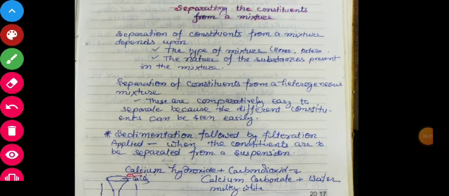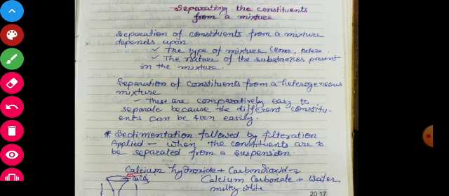Students, there are many mixtures which can be separated by the filtration method. For example, a mixture of sand and water can be separated by this method. The particles of sand are collected on the filter paper and the pure water passes into the beaker or the container. Second, the white precipitate of silver chloride formed by the mixing solutions of silver nitrate and sodium chloride can be separated by the filtration method.